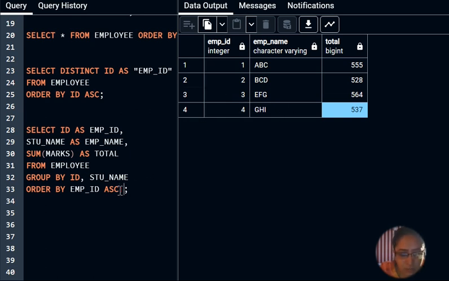So for that, what will I do? I'll create this as a subquery or the inner query and give it the name table 1. Let's say T1. And here in the outer query, what will I do? Select I want ID as employee ID. Okay, and I want what? I would like to have the